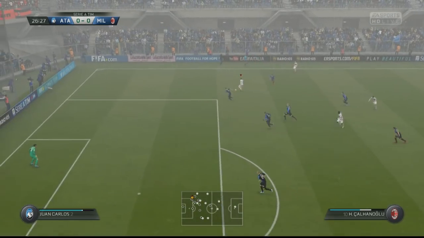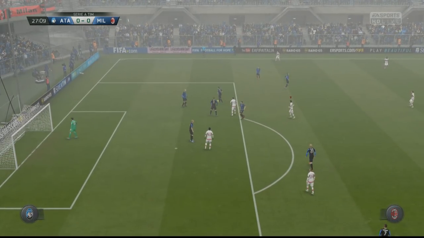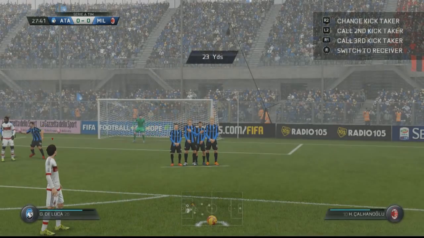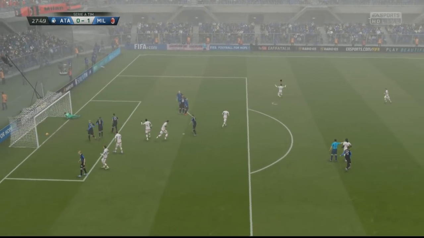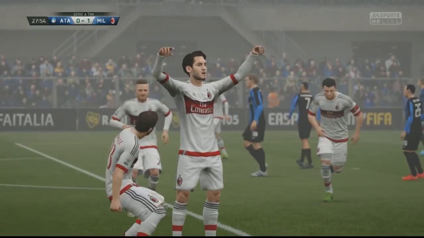Balotelli holding onto the ball. He's found Hakan Çalhanoğlu. Lovely turn inside. Hakan tries to find a pass. We've won the free kick, and Hakan's going to take this because he's actually stepped up his game lately, and we know we can hit these. Hakan Çalhanoğlu, it's 1-0 Milan, and I want to try and sound excited, but this is just a mere plaster